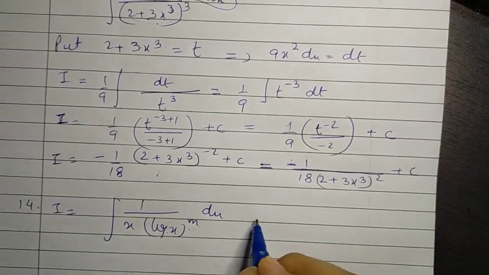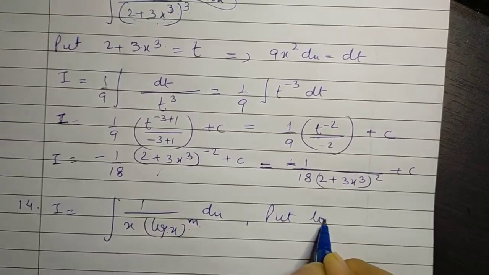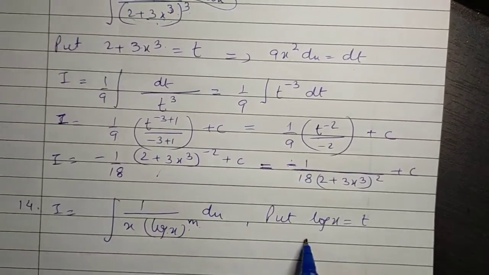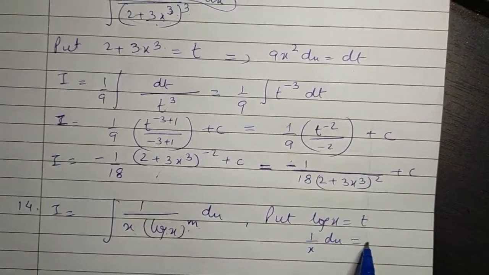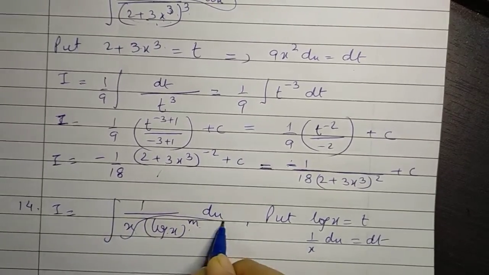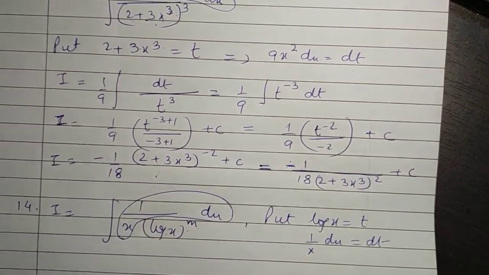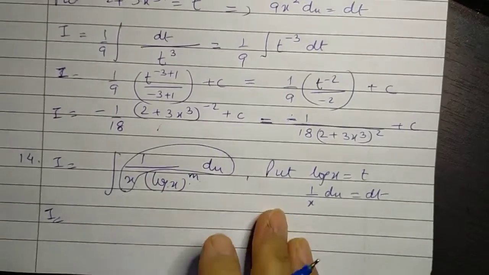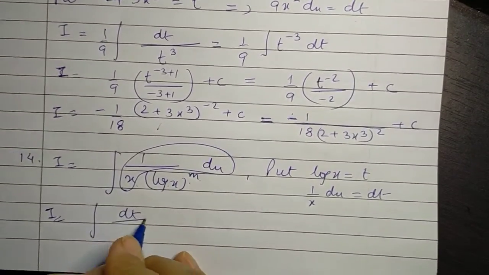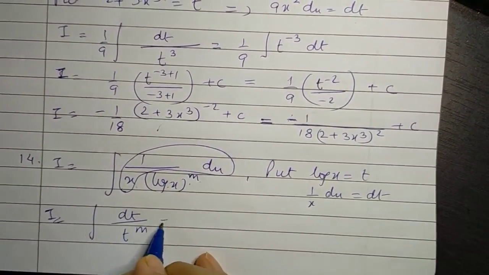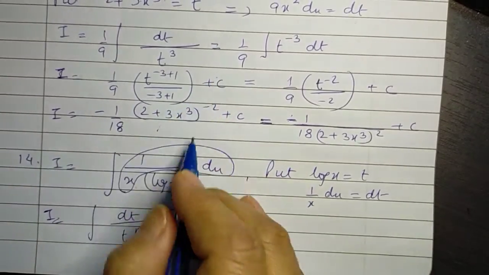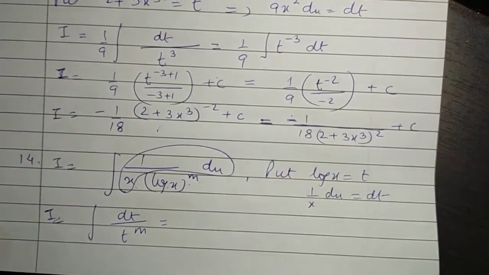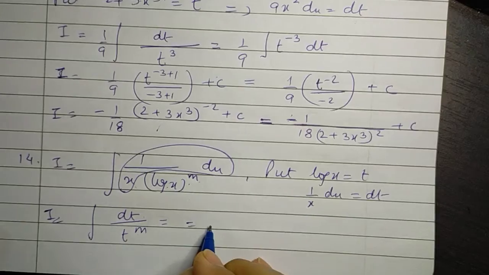So when you put log of x as t, its derivative is 1 upon x, dx is dt. That is, this part gets absorbed in dt, and so we get I comes out to be dt over t raised to the power of m,